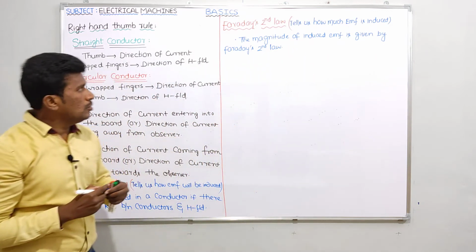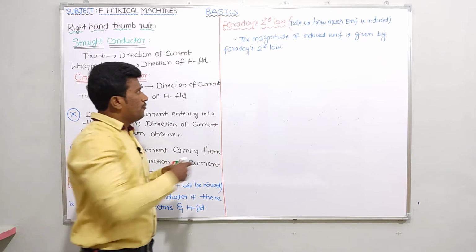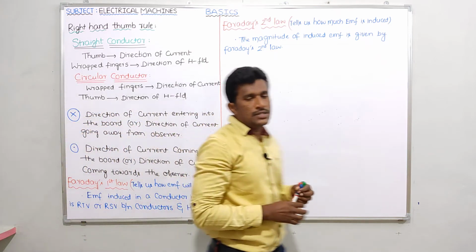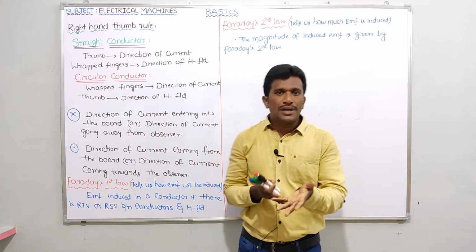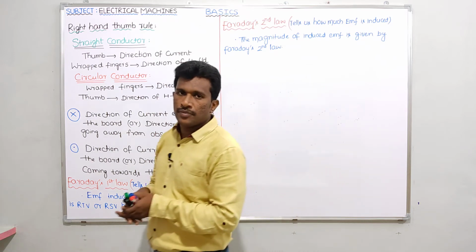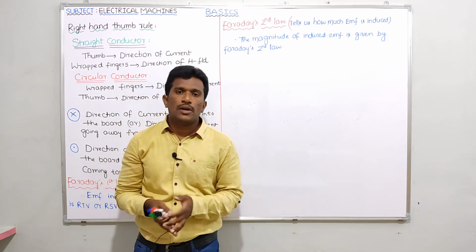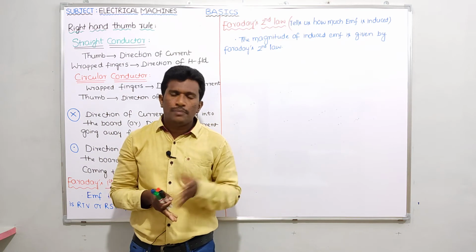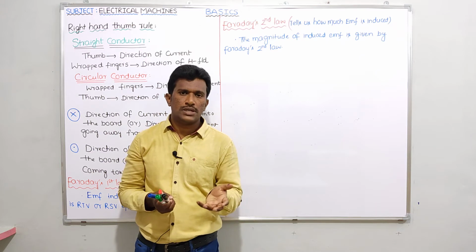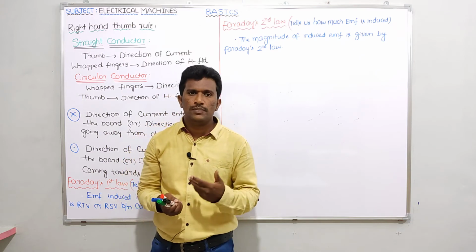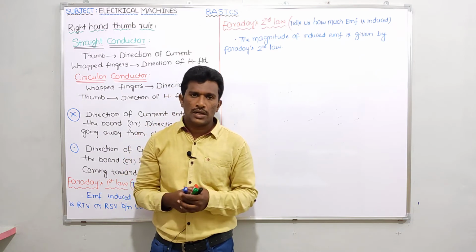Right guys. Now, before proceeding, in a transformer, what is the nomenclature for windings? Primary winding and secondary winding generally will be used. Primary winding is the one which is connected to the source. Secondary winding is the one which is connected to the load. In our discussion, generally we will be using primary winding and secondary winding.